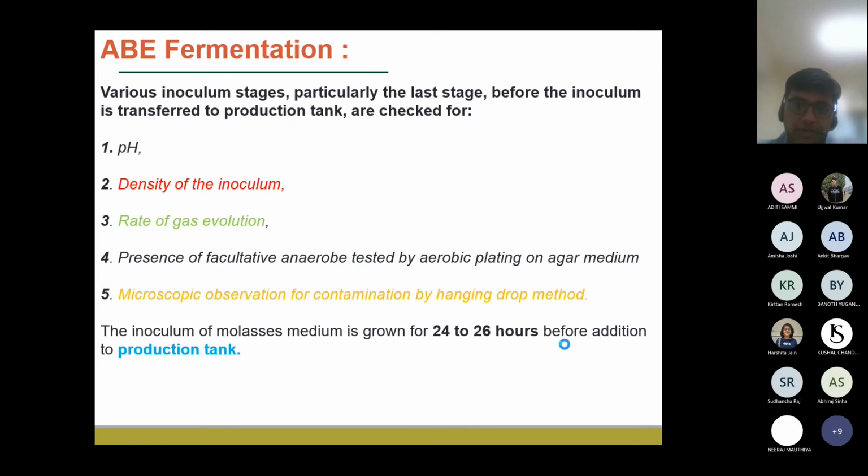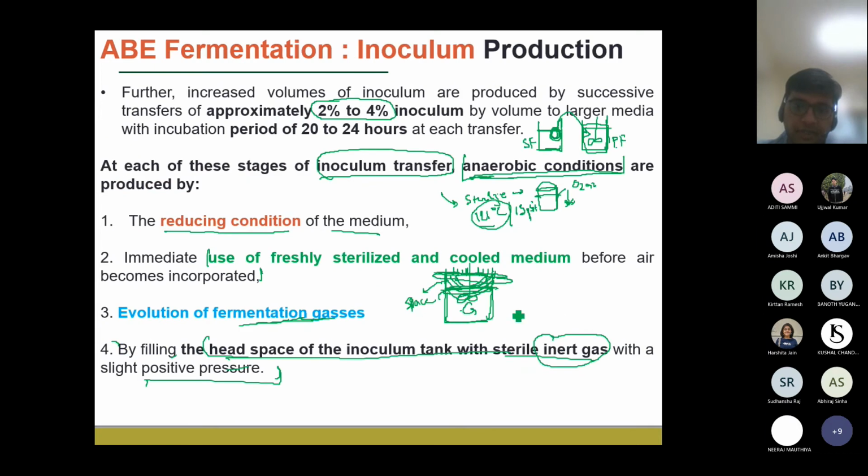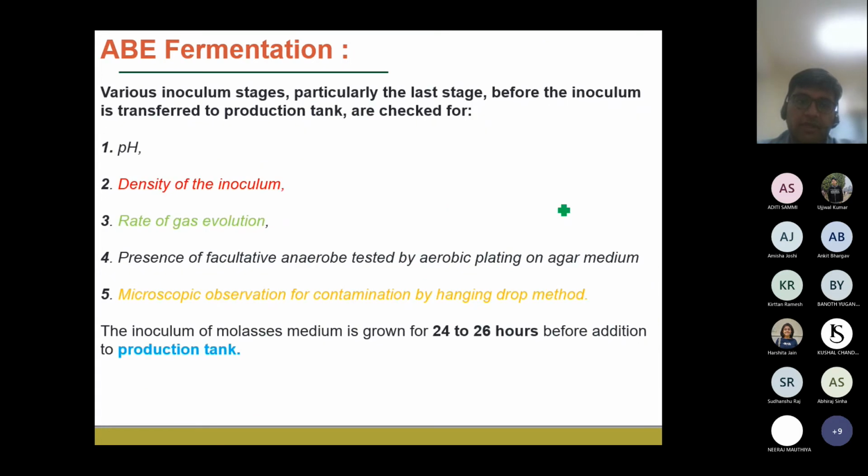Means after this, if you have prepared the inoculum, this is how we have to transfer this inoculum to the fermenter. But before that, there are some things to be checked. Okay, so what are the things? They are the pH, the density of the inoculum, and the rate at which gas is